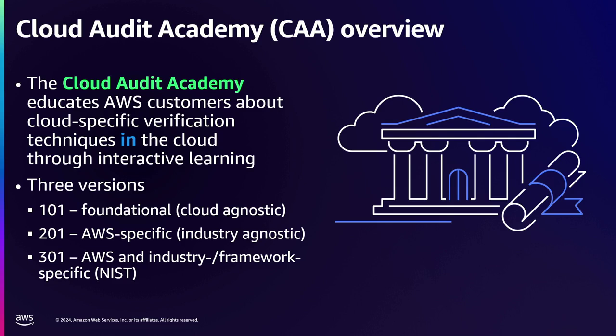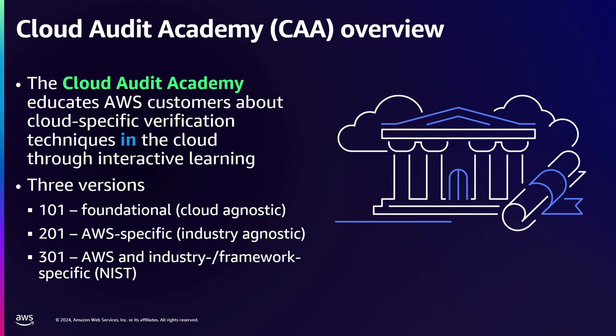And then we've got 3 different versions. So we've got our 101 version. That's the easiest one, free of charge, self-paced. It's about 2 to 3 hours, but that's just if you want to get your feet wet on the considerations from an audit and compliance perspective when you're moving from on-prem to the cloud or if you're in a fully cloud-based environment. And it's cloud agnostic, so very easy to take. There's a self-paced training as well as an instructor-led training as well. So those options, I'll provide information on how to look into that further at the end.